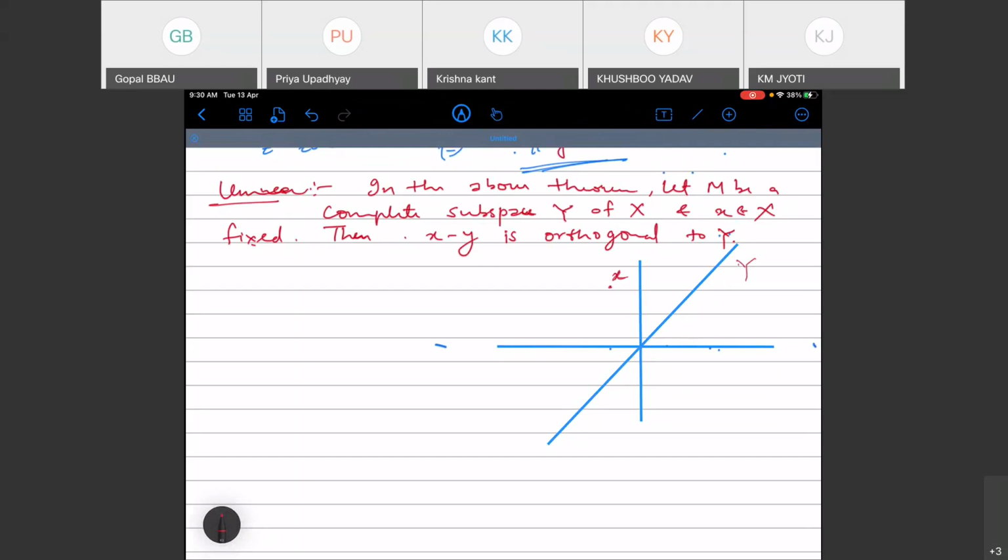So what does this theorem say? For this Y, from the above theorem we will get a y in Y such that norm x minus y is the distance from x to the subspace Y, and you all know what that distance is. From your coordinate geometry, the distance of a line from a point is, please tell me,